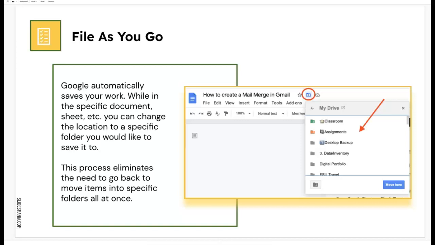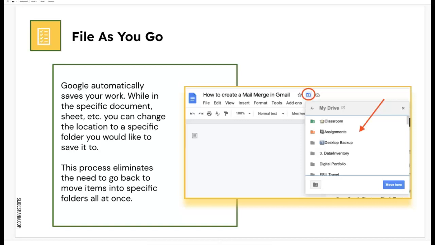If I press that folder, I can actually choose right then and there where I want to file this, into any of my folders. Or do I want to create a folder? As you can see down below, I'll have the option to create a folder. And then I can search for it, I can file it as I go. I know this belongs in training material, so I'm going to press that little icon and move it into the particular folder I want it in, so I don't have to worry about going back and doing it later. So if you get in the habit of filing as you go, just like save as, you'll be all set.